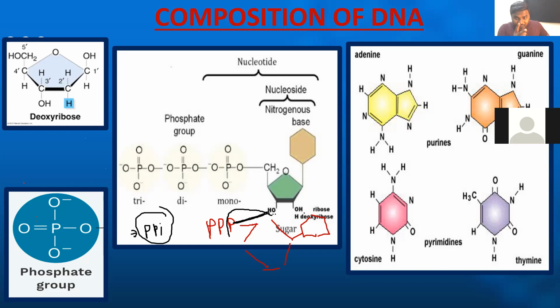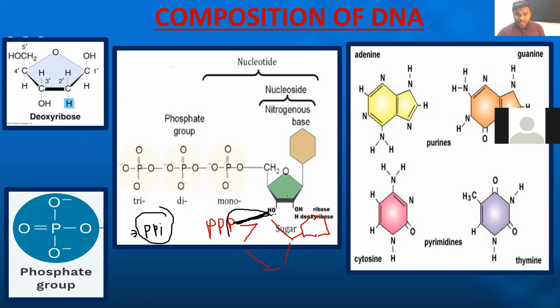Phosphate group is what? Energy. Now, listen to my statements carefully. Whenever the OH group cuts the phosphate, it generates the energy. That energy, I'm so sorry, it never generates, it loses the energy. That energy can be used to join the OH with the phosphate. So my friends, the bond which is formed between the OH group of one nucleotide with the phosphate group of another nucleotide, we will be calling it a phosphodiester bond, which we generally call, my friends, backbone.